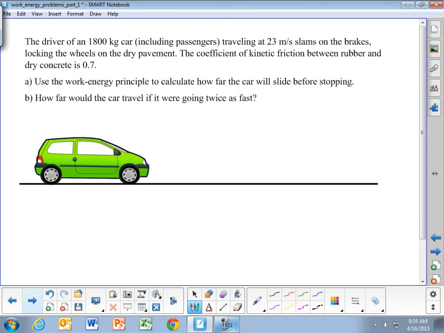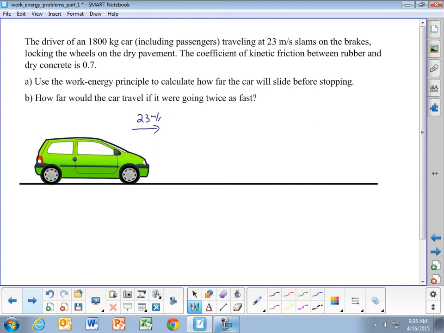So now this next problem, we're going to look at something similar to that. We have a car that's moving at 23 meters per second, and it slams on the brakes. The coefficient of friction between the rubber and the concrete is 0.7. So this car is going to skid to a stop. And we're going to use the work-energy theorem, or the work-energy principle, to calculate how far the car will slide